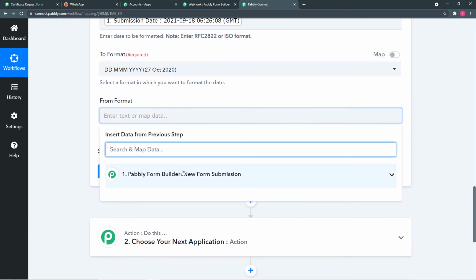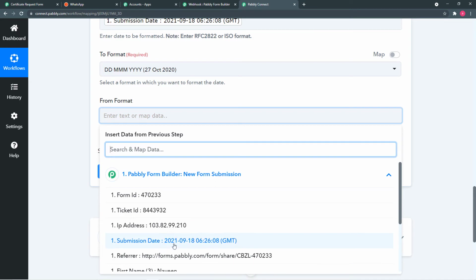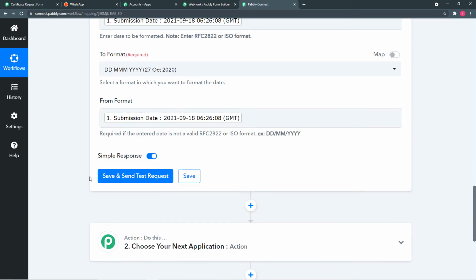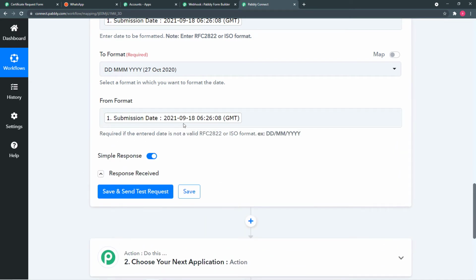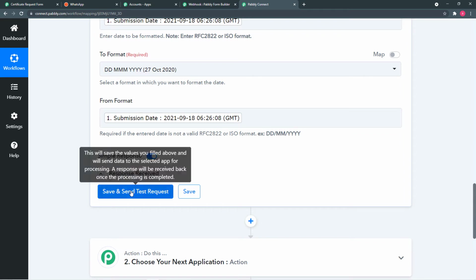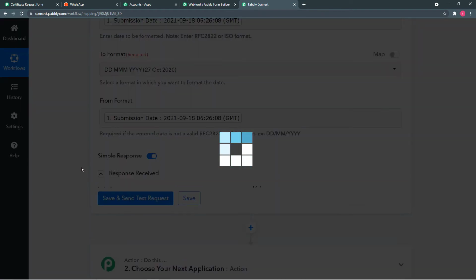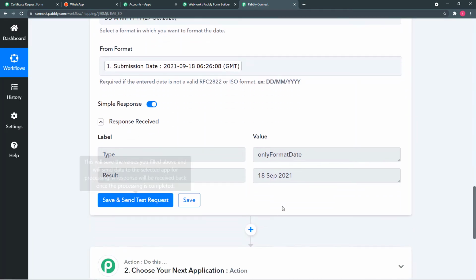So you can map like this. So after mapping the date again, you just have to click here on save and send test request. Alright, so when I click here, you will see the result is this, 18 September 2021. So now we have only the date, we do not have this time, and the format is changed to this.